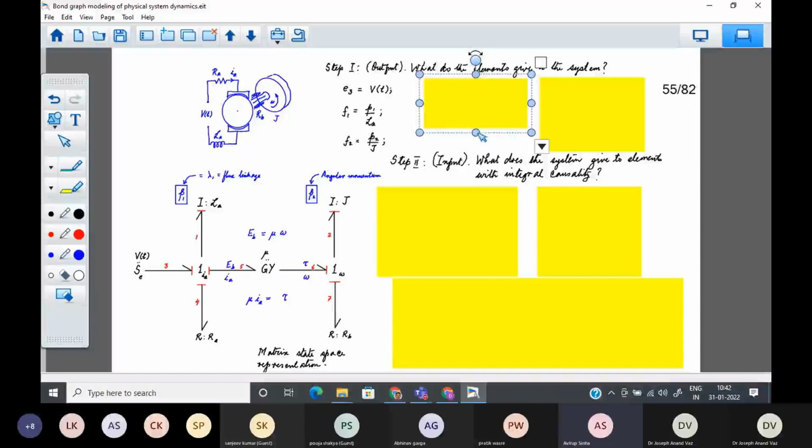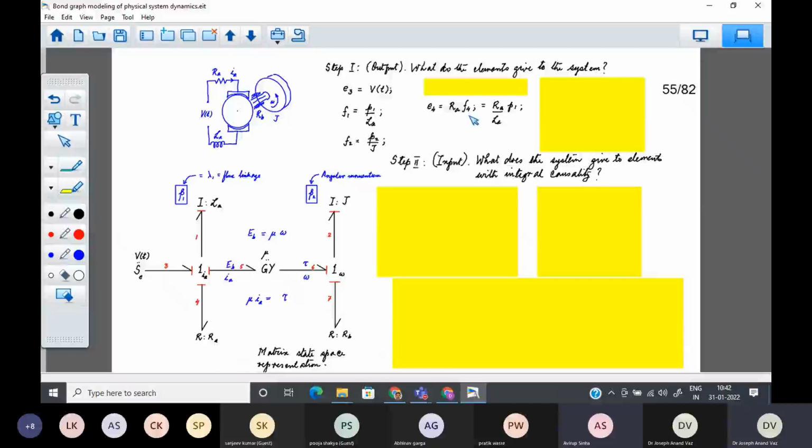The first is, what does this R element give to this system? Effort or flow? It gives effort to this system. This effort can be written, if it is a linear armature resistance, as RA multiplied by the flow through this armature, that is the current. So RA into flow 4,